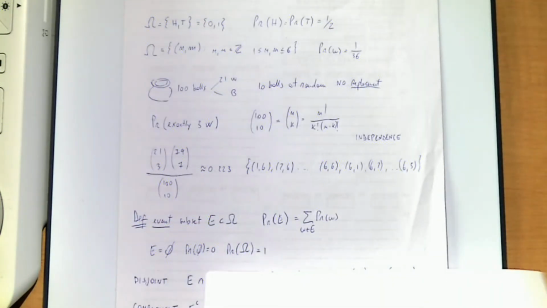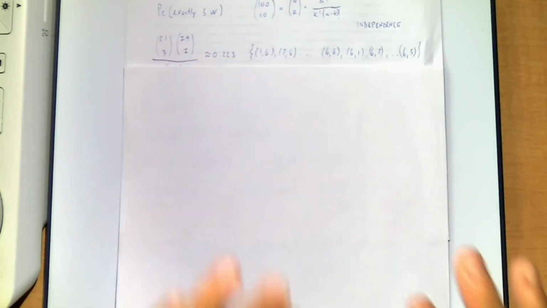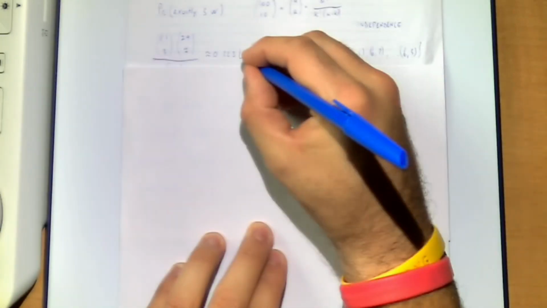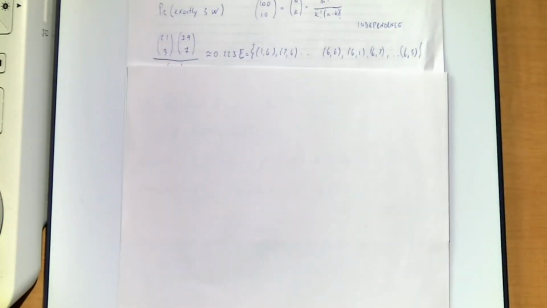Maybe we can do this because I don't want to write that set again. Okay. So now we can think of this as an event, right? So we can say, oh, this is E equal that. And that's exactly the event of rolling at least one 6. What is the probability of this event?